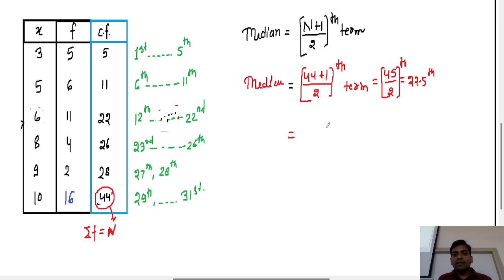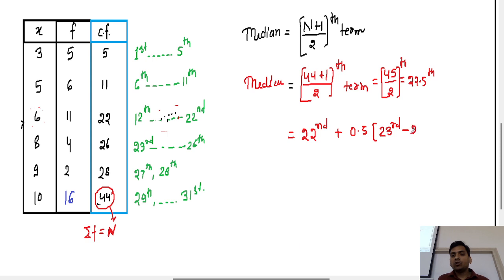So we will write this as the 22nd term complete, plus 0.5 of the difference of the 23rd and 22nd, the part in between. So we will take their difference. So 23rd term